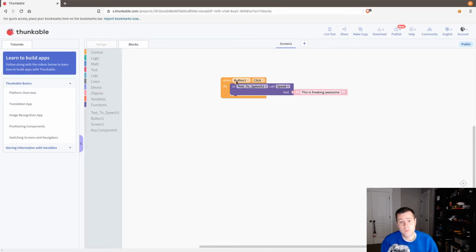And you can just see, when button one click, do text to speech, speak. This is freaking awesome. So let me turn up my volume here. That's ringtone, media, system. I don't know, let's just crank it. All right, and so I'm going to push the button. Check this out. This is freaking awesome. And then just to show you this isn't smoke and mirrors,